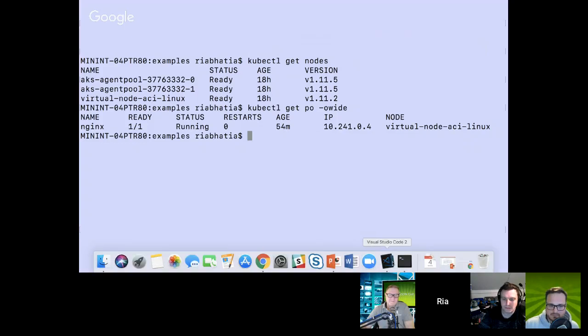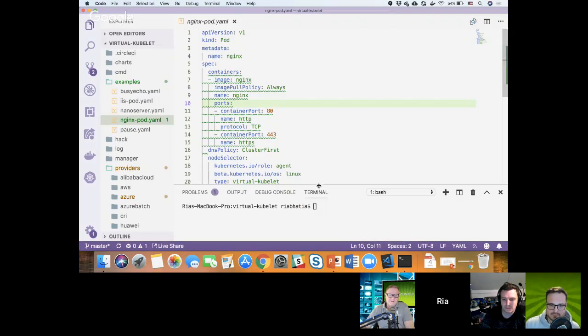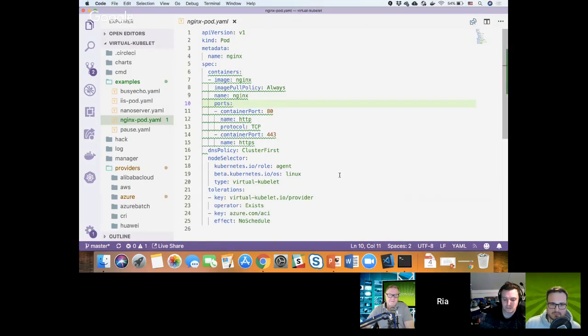But let me show you what it means from a perspective of how do I actually get my workloads to deploy to Virtual Kubelet. Take the same workloads you have. Keep in mind there's some features that we haven't supported yet, like liveness probes and readiness probes is a big one. We haven't supported a couple other things, but go through our issue tracker,